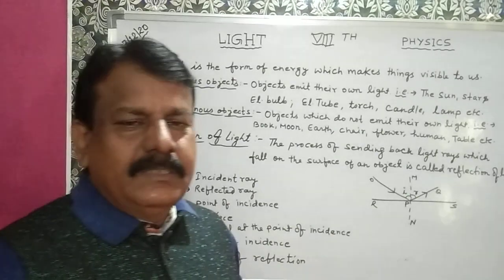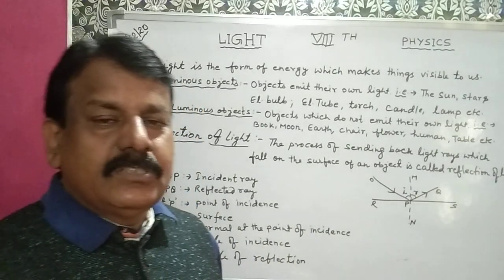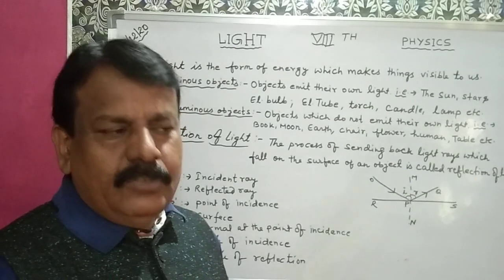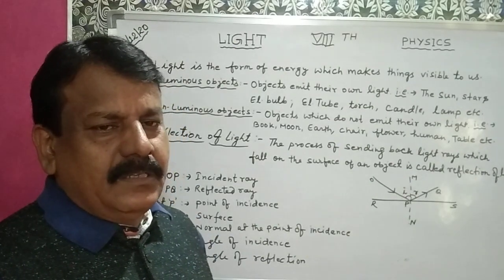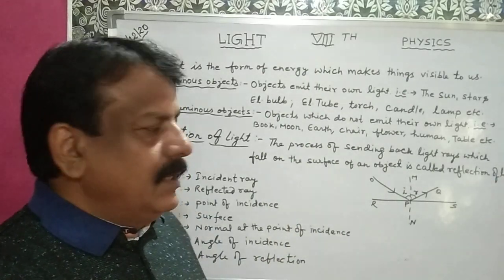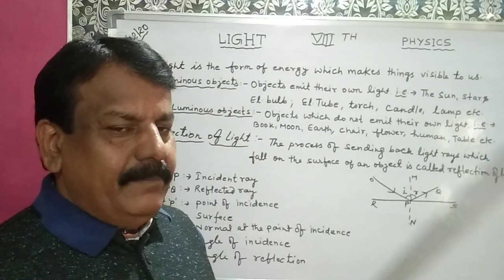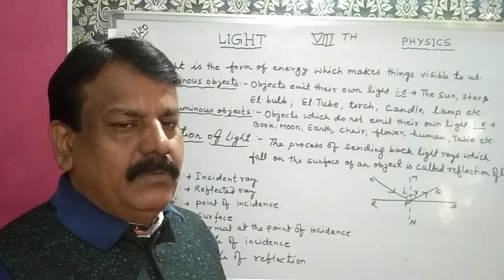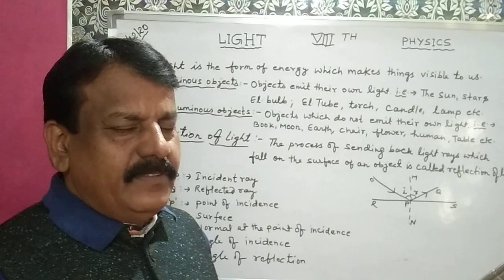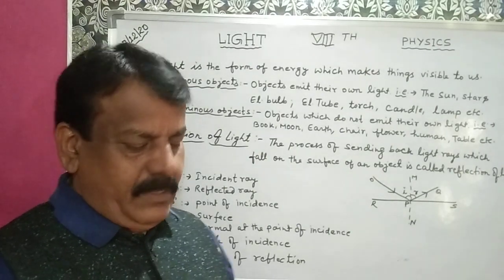Now come to the important thing, reflection of light. Through the reflection of light, we see things. You can see what I have written here because light is falling and reflecting to your eyes and making an image, then you are able to see. No reflection of light towards your eyes, no visibility.